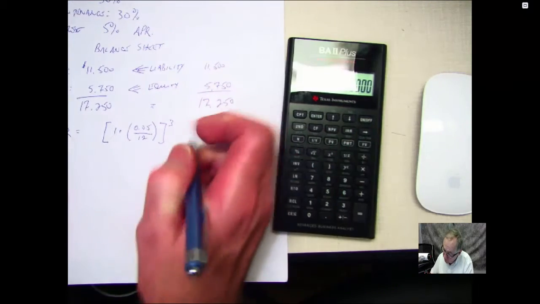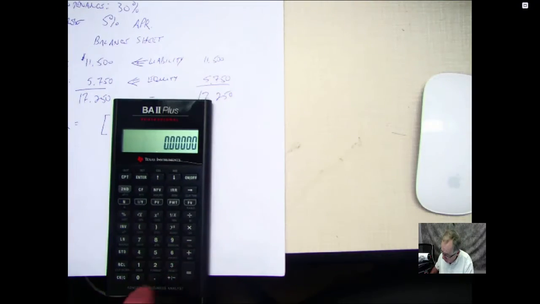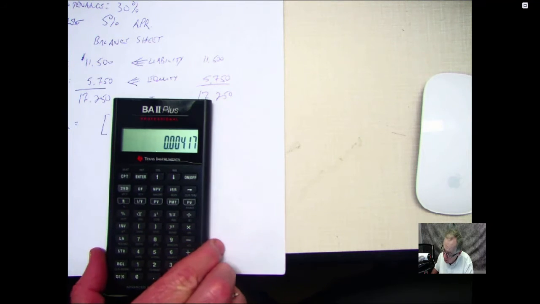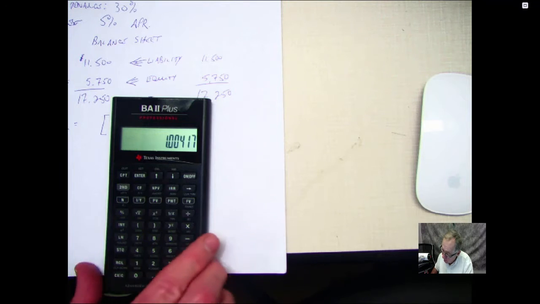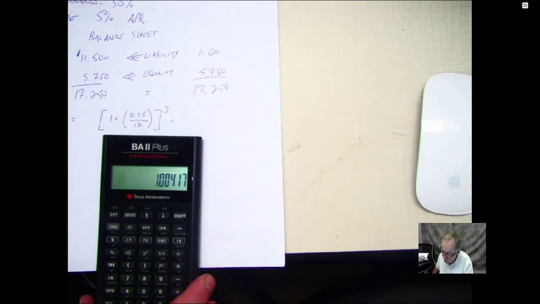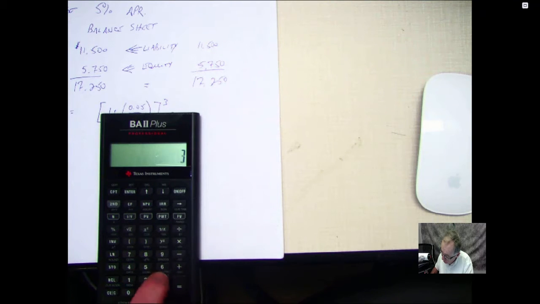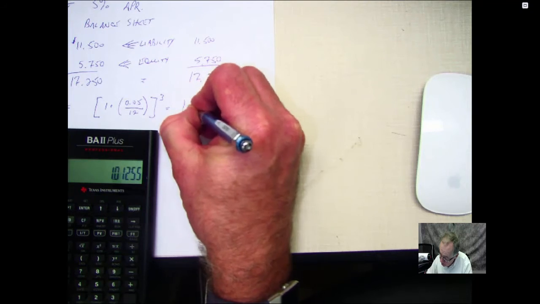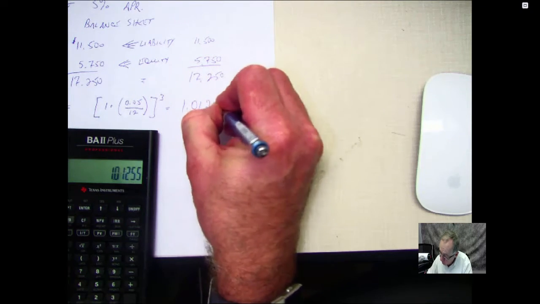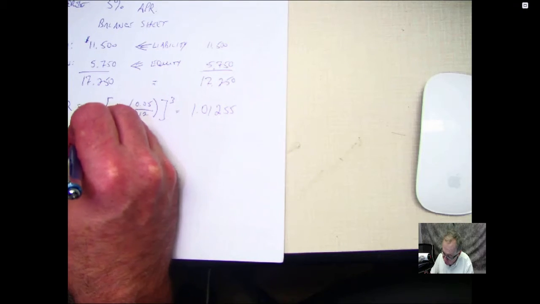To continue in steps in order, 0.05 divided by 12 is 0.00417, plus 1 is 1.00417, then to the power of 3, this is 1.01255, and subtracting 1,